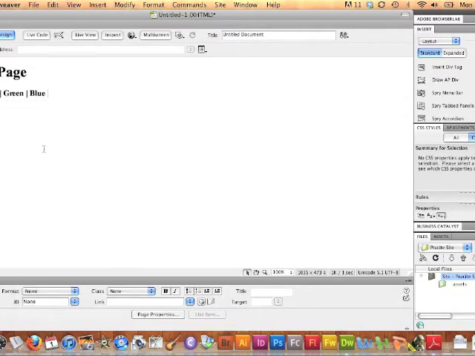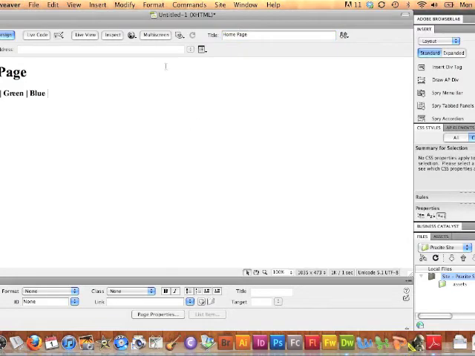Now the last thing I'm going to do is change what's called the title of the page. Now the title of the page has nothing to do with the actual page content, but has everything to do with what is displayed in the tabs of a browser. So if I put homepage up here in title, right at the top of my screen,